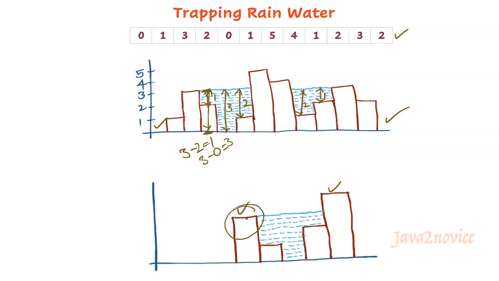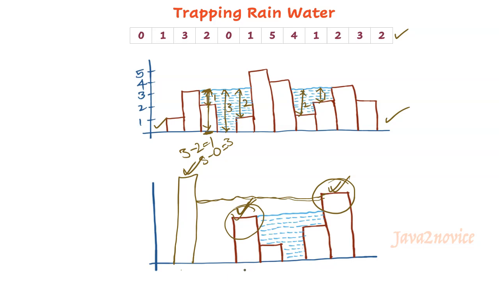Any water level beyond this height is an overflow. Based on this, the water level can be considered as the minimum of the heights of these two buildings. This building has a minimum height. Let's put another building here. Now this is the tallest building. With this, the water level will be till here. Here also the water level is based on the minimum height of these two buildings. In this case, this building has minimum height. So based on this, we will decide the water level height.